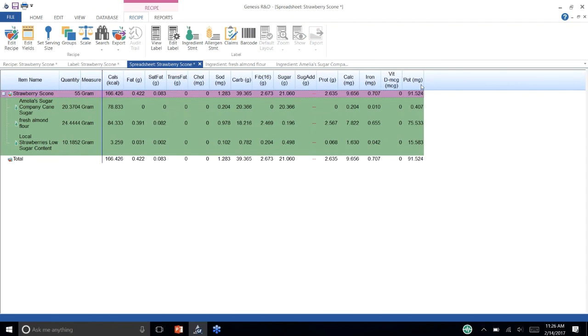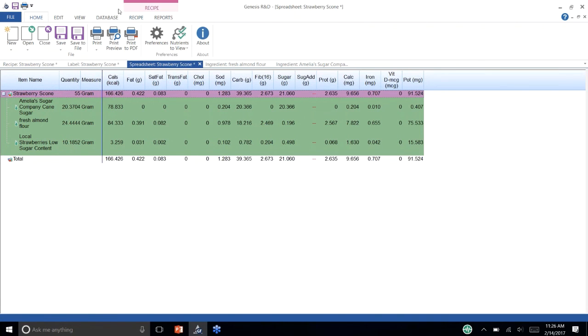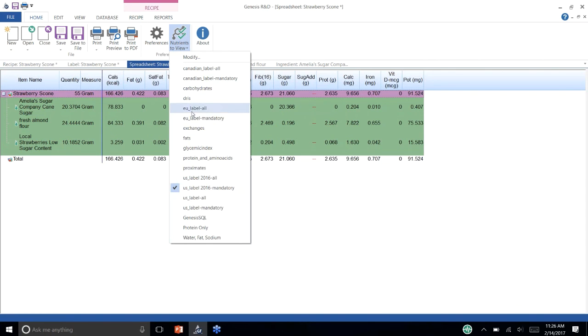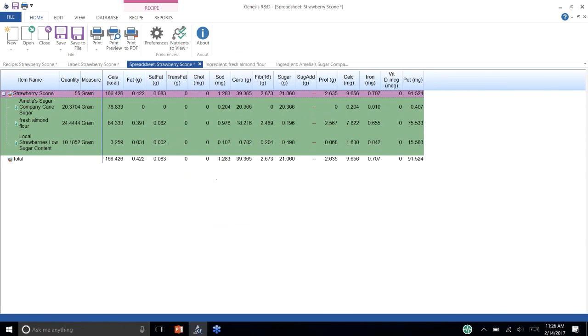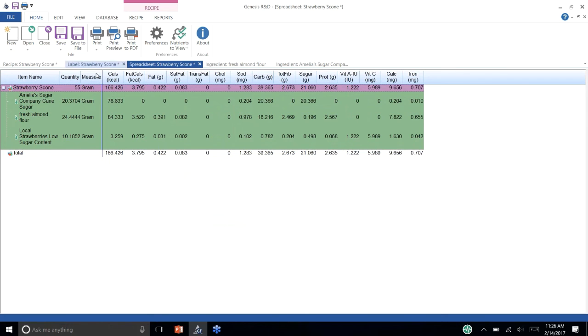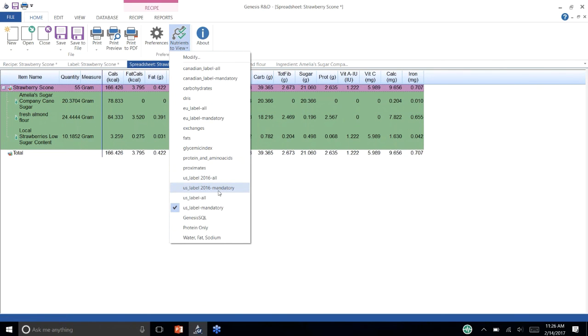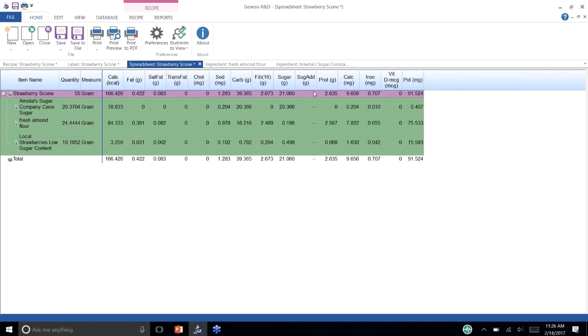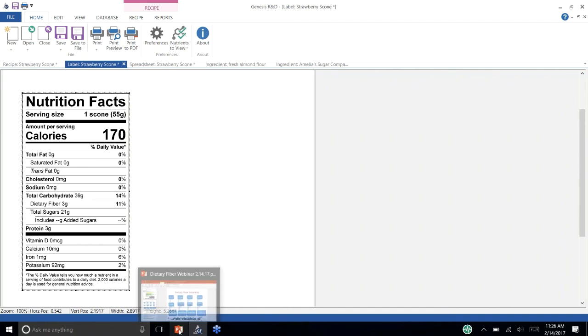Just a reminder that the spreadsheet report, you can choose what you'd like to view here. So we can go into the nutrients to view, which would be at the home page here, nutrients to view. This will be a different set of lists that you can choose to view. So if I'd like to see what US label mandatory would be, this would be as per the old regulations. You can see I'm not missing any information on these nutrients. Again, just very simple to switch it back to US label 2016 mandatory to see that we are in fact missing. At this point, I am going to head back over to our PowerPoint